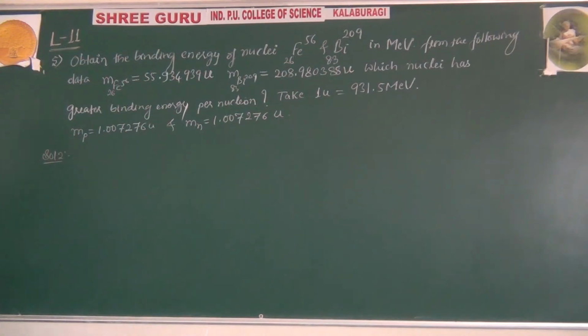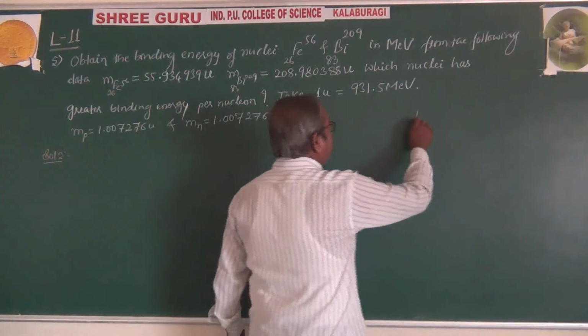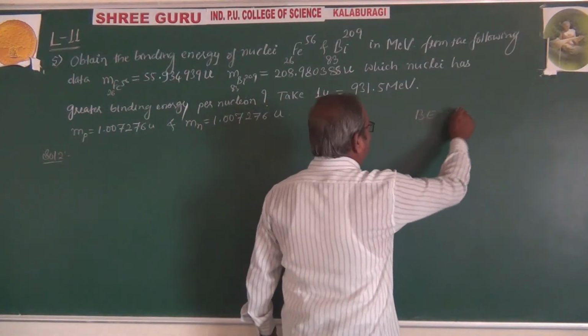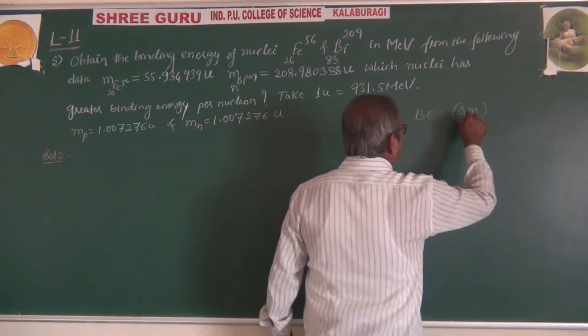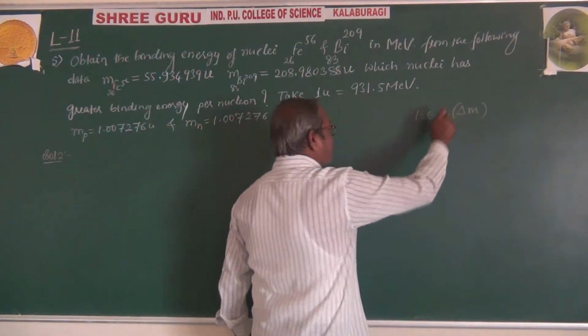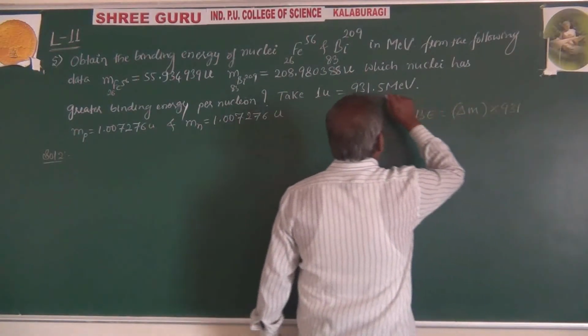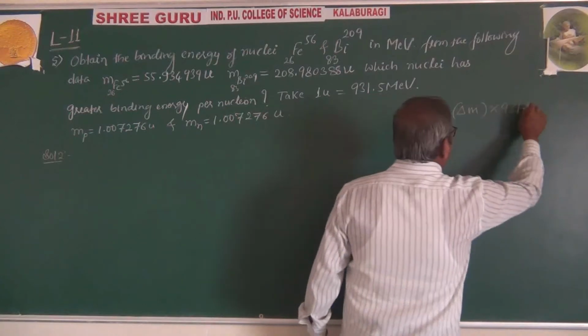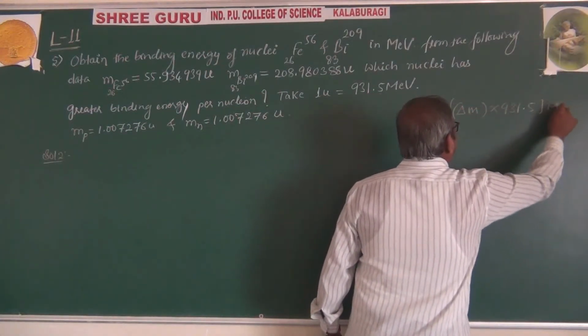which we will also call the business calculator. So if you want to find out the binding energy, as you know, binding energy equals mass defect, that is delta M. If it is in terms of atomic mass unit, then it should be multiplied with 931. Here they gave 931.5. This much is the mega electron volt.